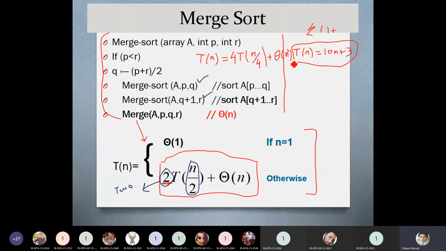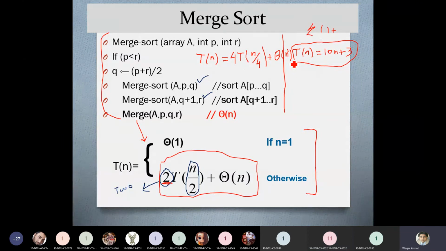And how much n is actually passed to each recursive call? Sir, n over 4. If n is equal to 16, then how much n is passed to each recursive call? Sir, 4. Okay.